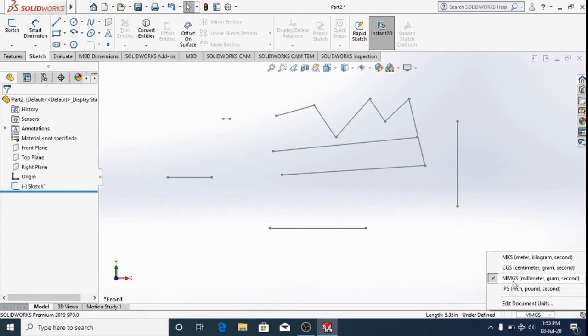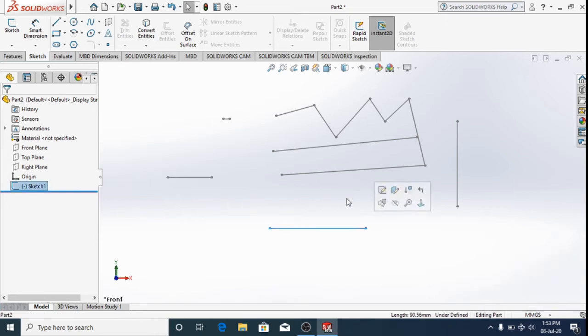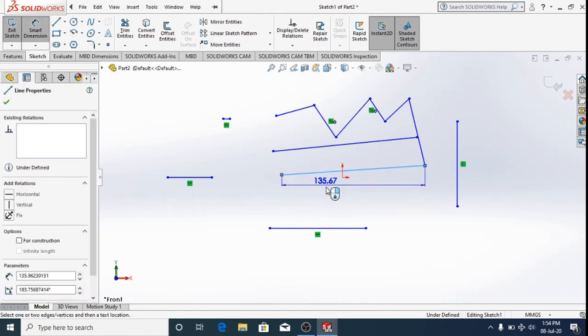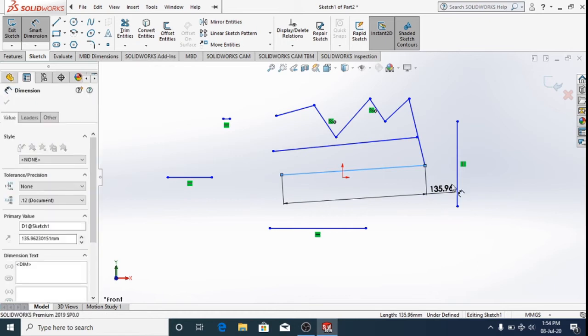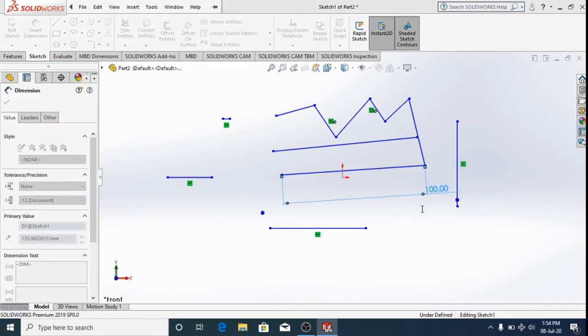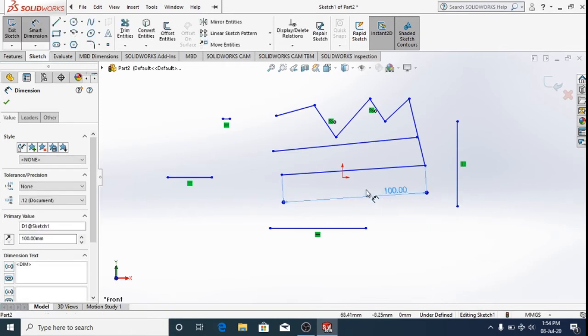MMGS is millimeter, gram and second. I'm going to give the dimensions of these in mm. So if I want to give the dimensions of this, I'm going to use the smart dimension tool like this. I can also change the dimension of anything according to my wish. So in this way.